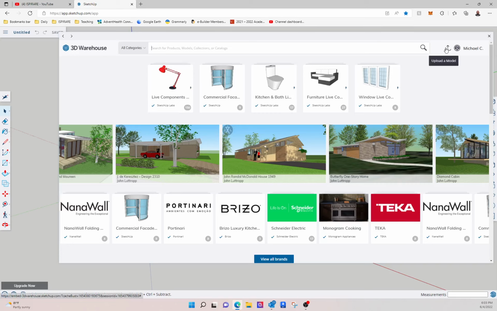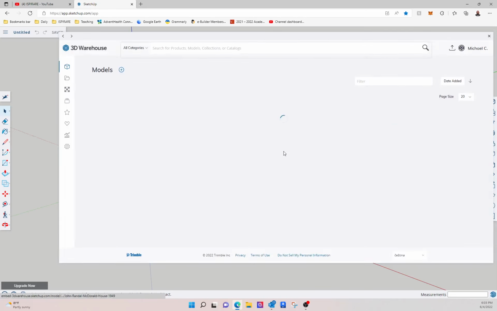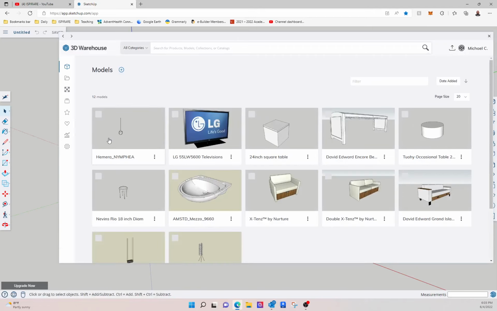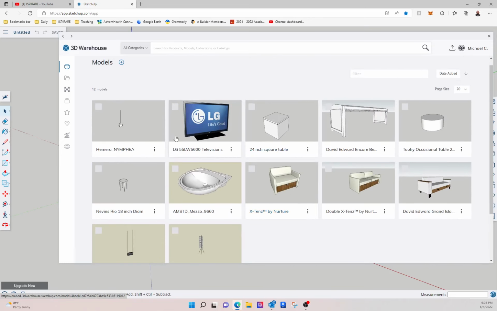You can also upload models, and I have a few of my own. It says right there under my content. So I click that, and it'll show you all the models that I have made, or I have borrowed from someone else. In this case,